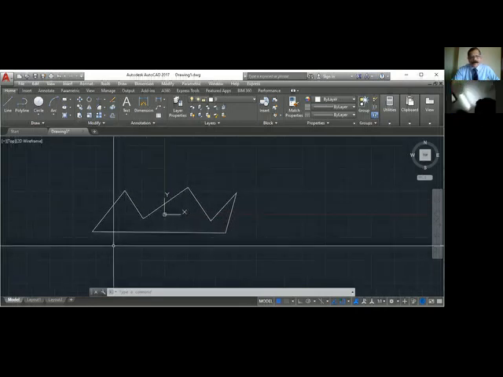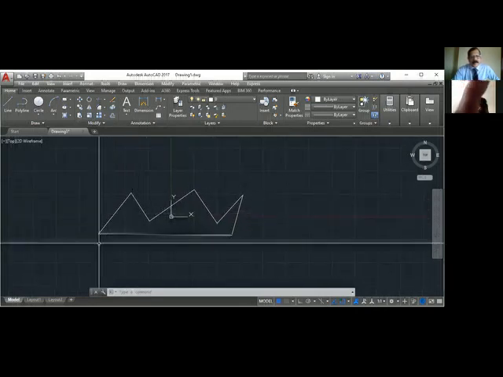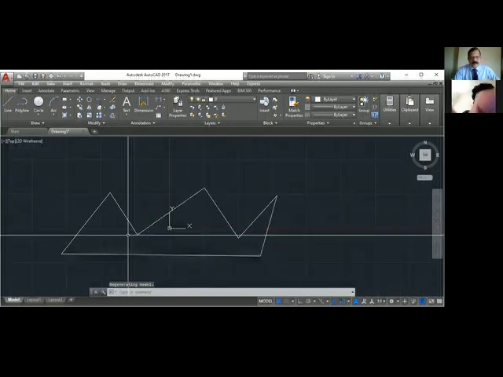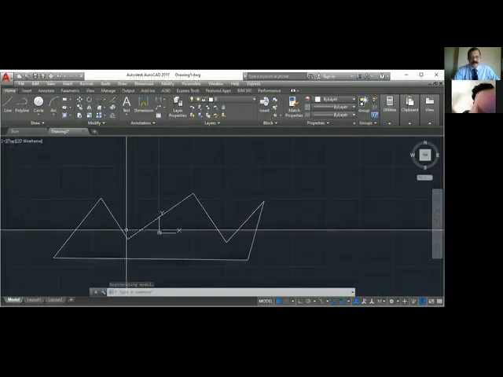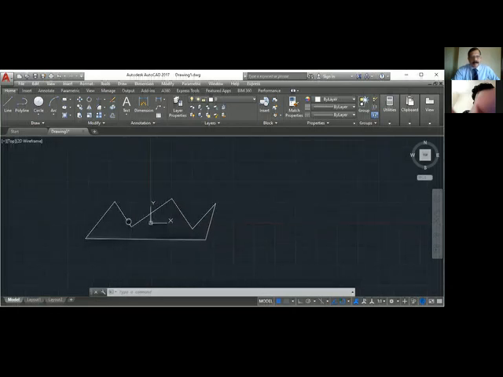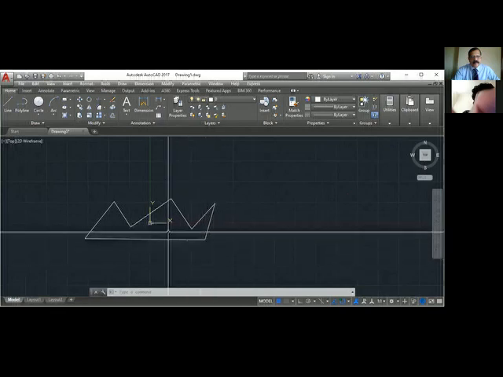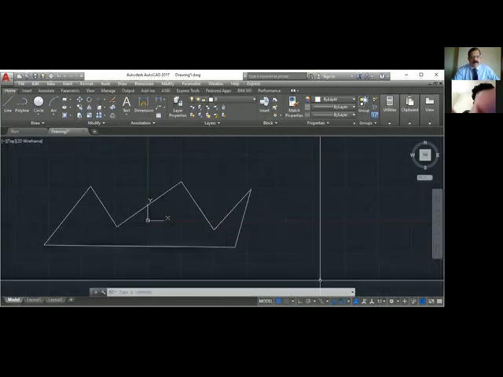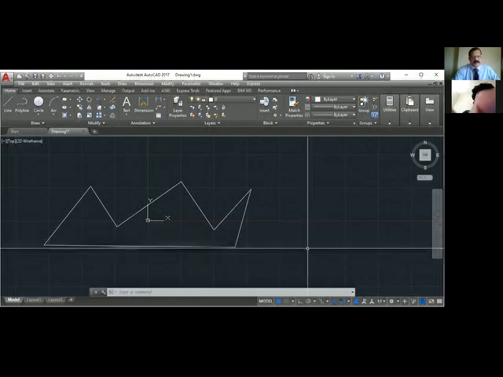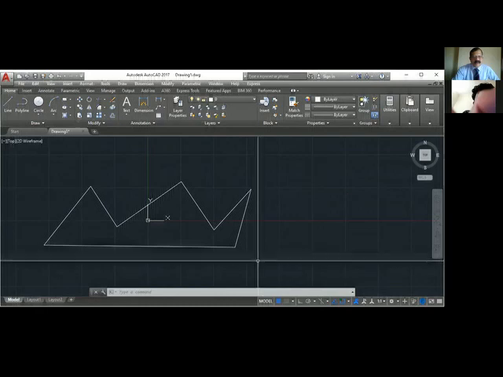When you press the middle button and drag, you get pan. Otherwise, if you just scroll the middle button, you get zoom. When you press and drag, you get pan, P-A-N, pan. Okay. I can select objects in different ways. So what are the different ways by which you can select objects? Now listen, then after that you can write down.